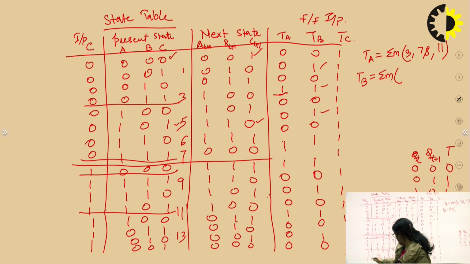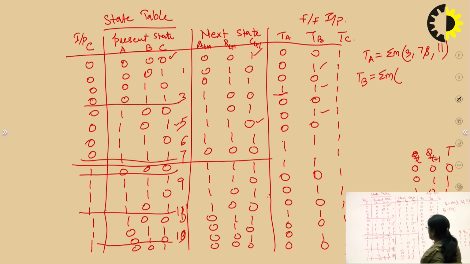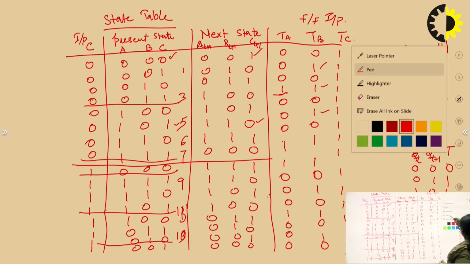It's not 13, it's 10. 1, 0, 1, 0, it's 10. And it's 8 to 14, 13. So it's 13 and here it is 15. So we have to make changes here. We have to just